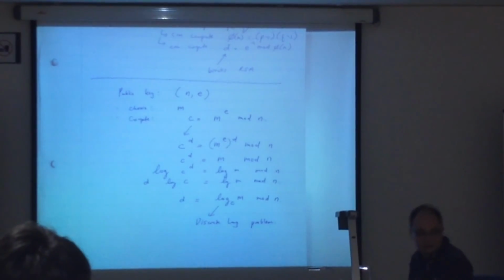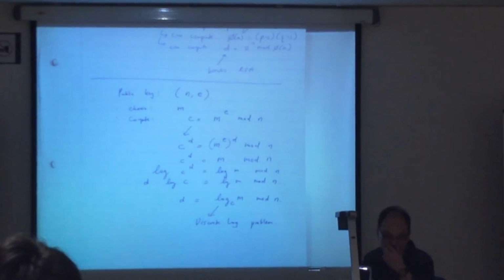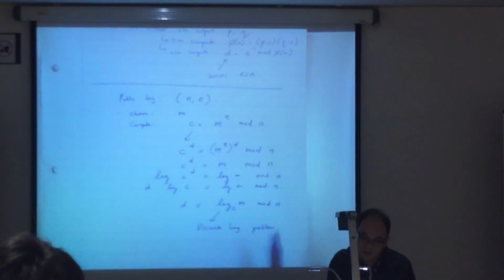So the next one is the attack that is important that you need to know, this particular attack. Right. So this attack is not